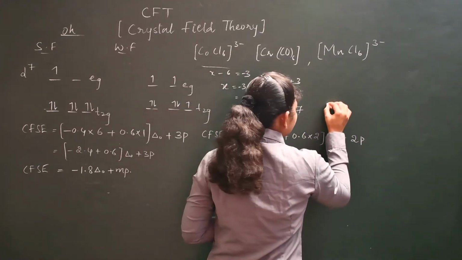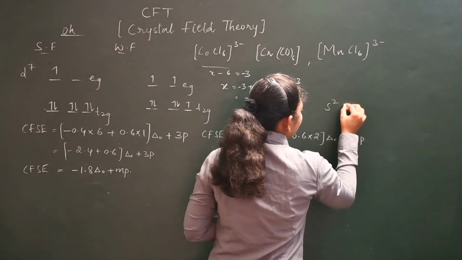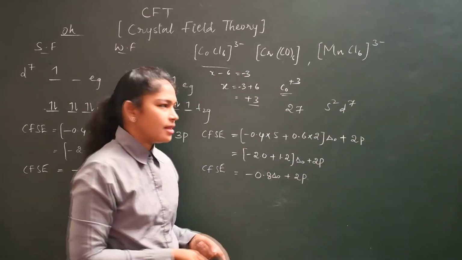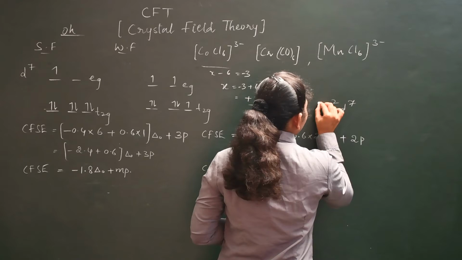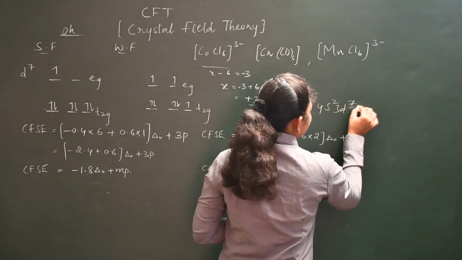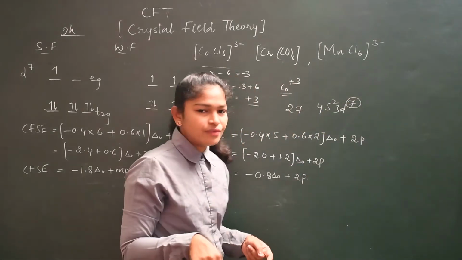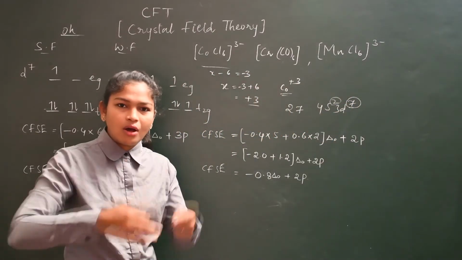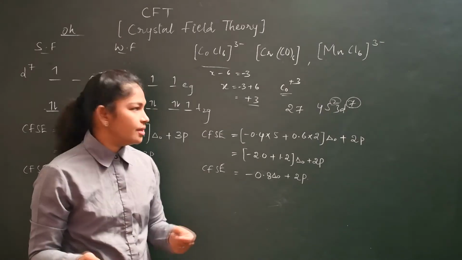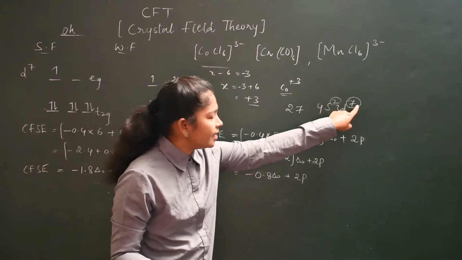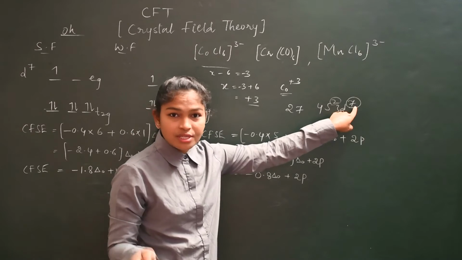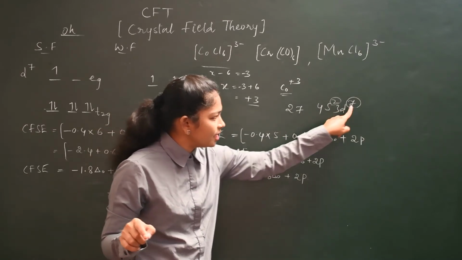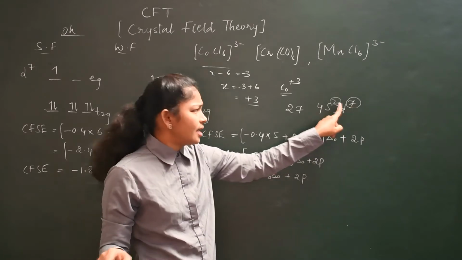That is 4s2 3d7. You don't need to write anything here, okay? You just remember like that. 4s2 3d7. That means in the d there will be 7 electrons and in the s 2 electrons. S2 is common for all the d elements, okay? S2 is common, and whatever electrons we are going to get in d, that you just remember. Like this, okay? 27 means in d you will have 7 electrons and s2 will be common.